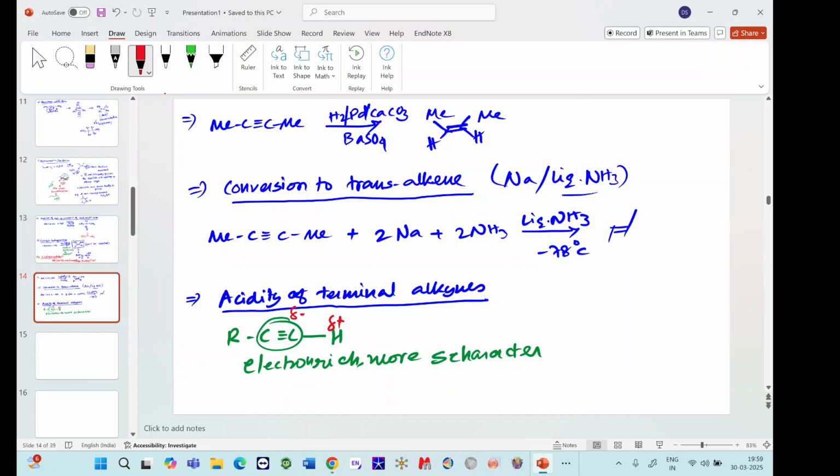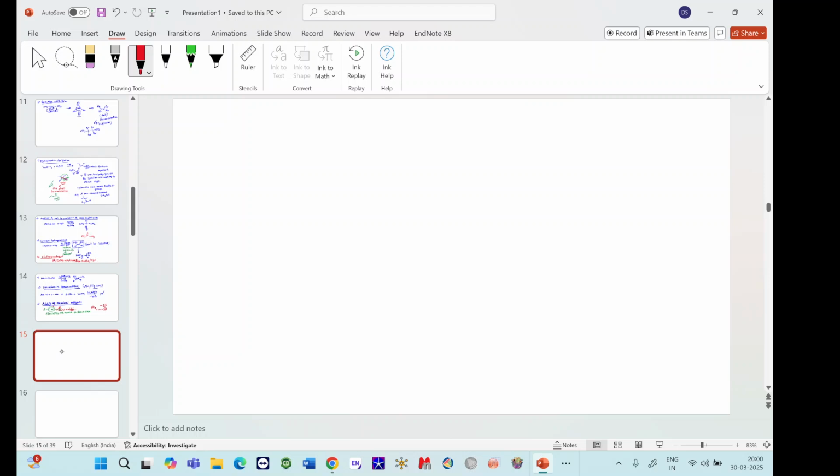Okay, so this gets acidic. So it can take part in some acid-base reactions. So we had the pKa value of alkynes. So pKa of this proton was around 25. So let us look into some of the acid-base reactions. If you react this molecule with sodium hydroxide,